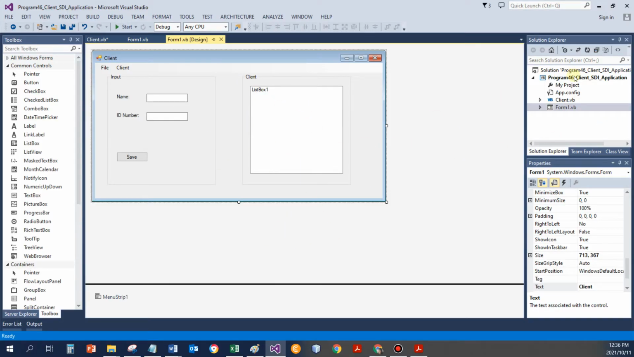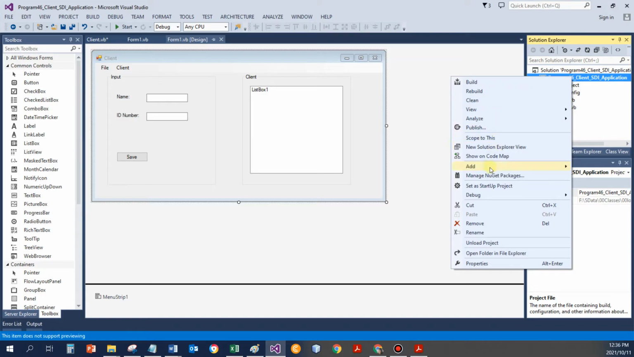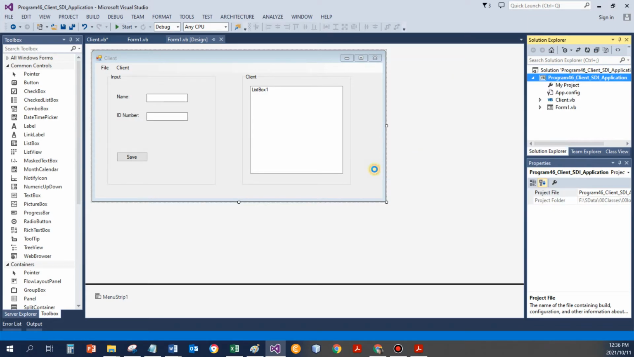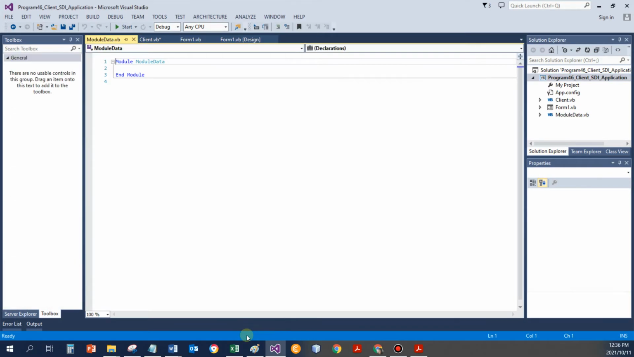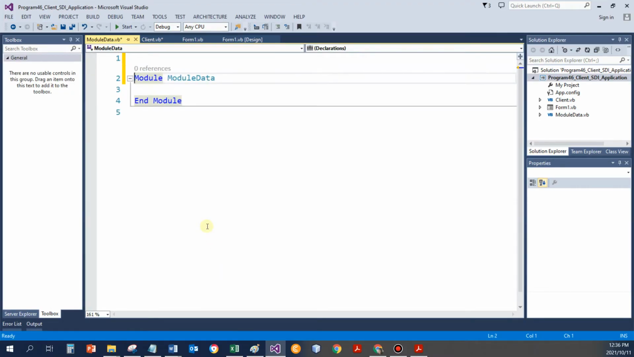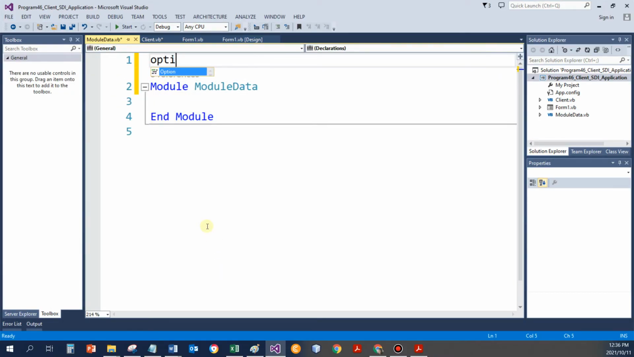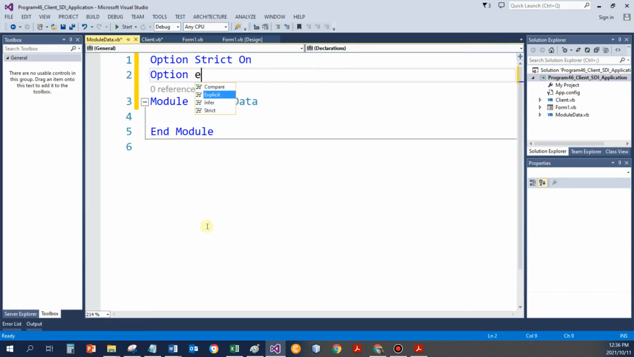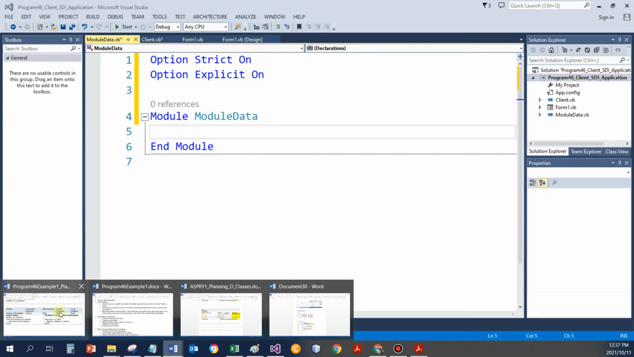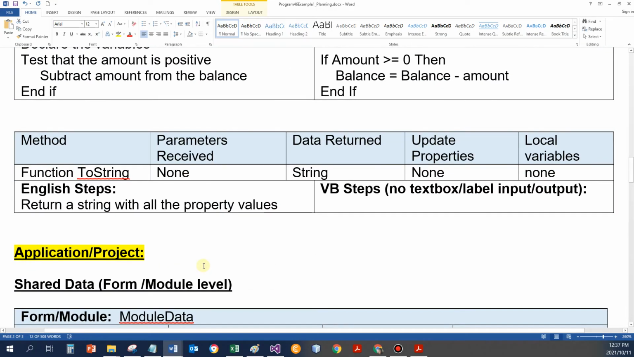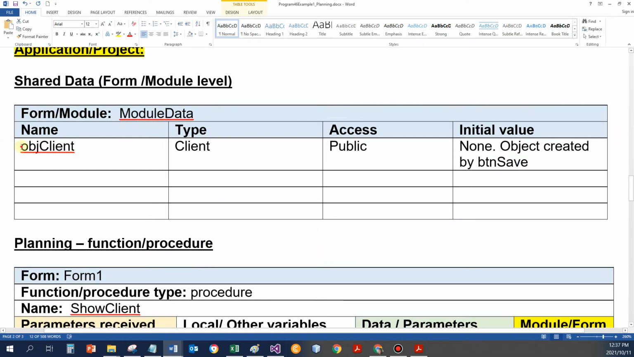We're ready to go have a look at the rest of the application. So first of all, I will next go and add a new module to store my data. I'm always going to call my modules module data, so that I know this would be the module to store the data, and we're always going to switch on the options. So over here I've got it in the planning. I want to remember